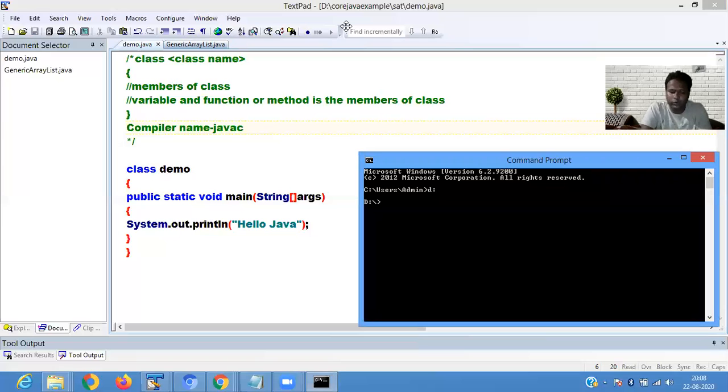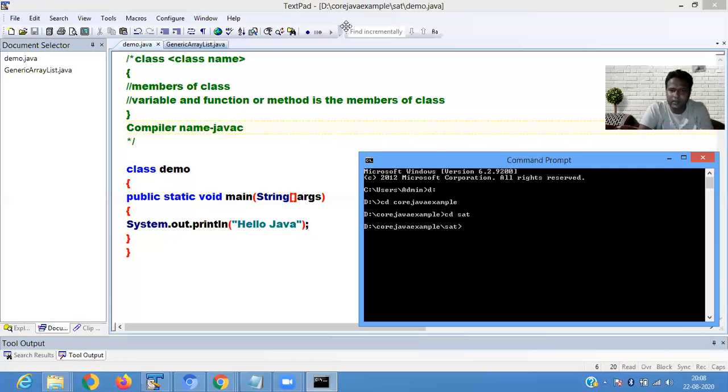For moving to the folder, you have to write cd core Java example. The cd command is used for moving to a particular folder. Then cd sat, and now we are in the sat folder.